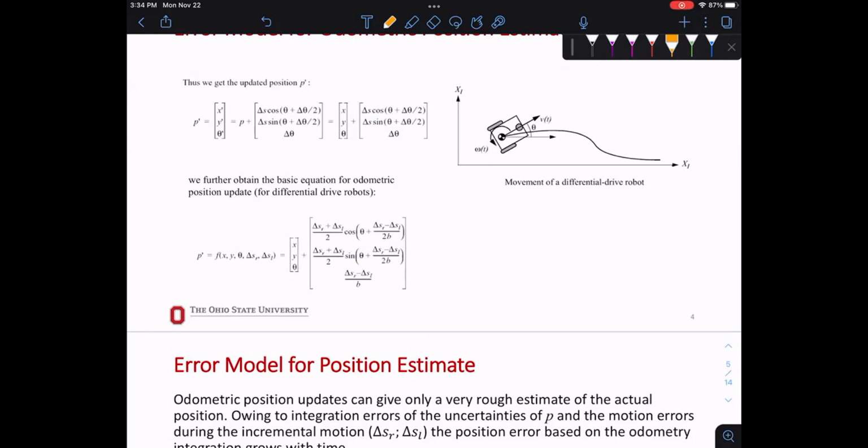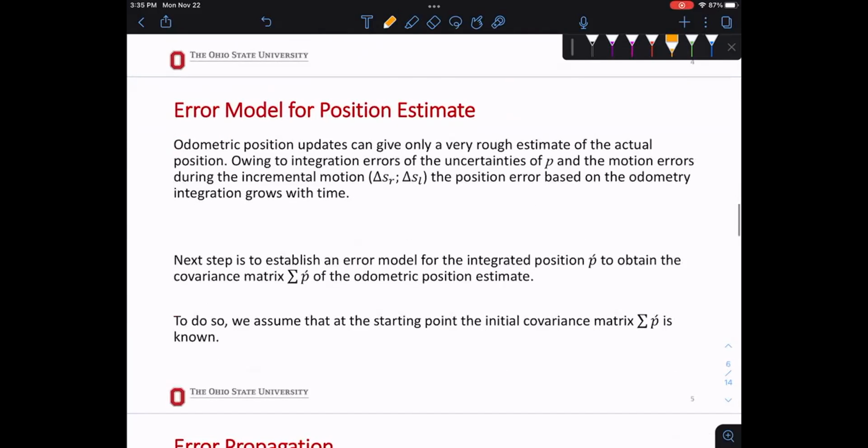So you expect the error to happen somewhere here, right? Somewhere here the error happens. Now, but you don't know how much error, what the error is dependent on. So we have to come up with a model that we can add to our equation of motion, right? Or here the pose estimation. This is just pose estimation. You need to add that so we can compensate, so we can model the error. Like if this is the position you expect, consider this much error in that, right? So to come up with the model for position estimate now,